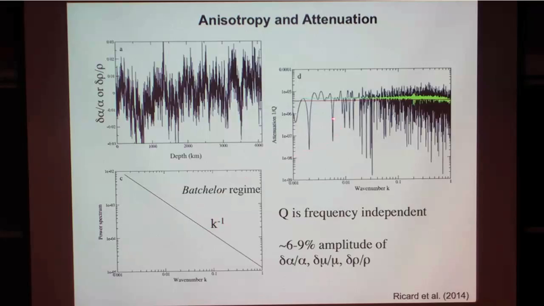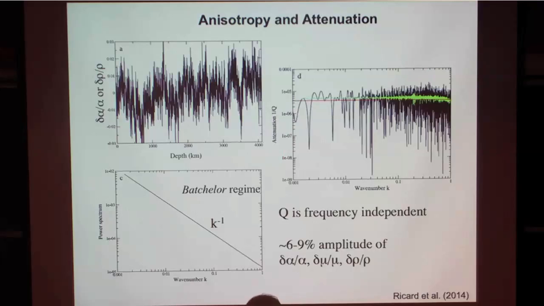So we don't say there is no intrinsic attenuation in the Earth. What we believe is that the scattering due to this kind of complex heterogeneity might give rise to this kind of constant Q, and it might also be a side effect of the presence of anisotropy within the Earth. And for getting this constant Q, we don't need so much amplitude. Only between 6 and 9% amplitude of anisotropy or density variation is sufficient to reproduce this constant